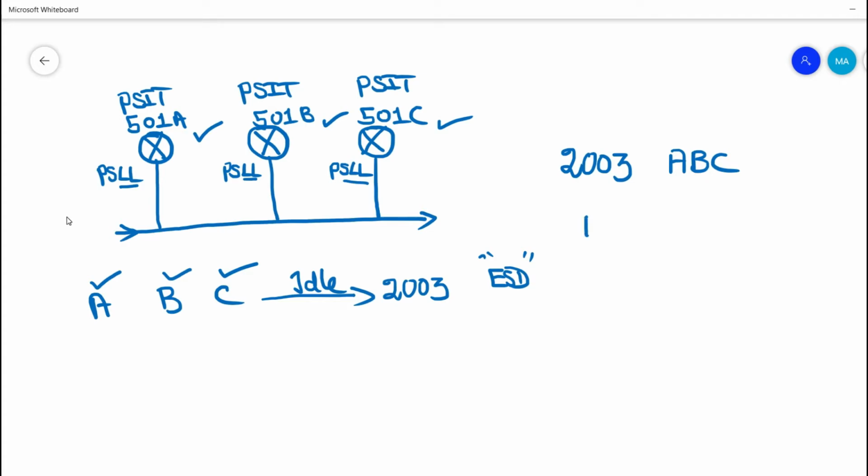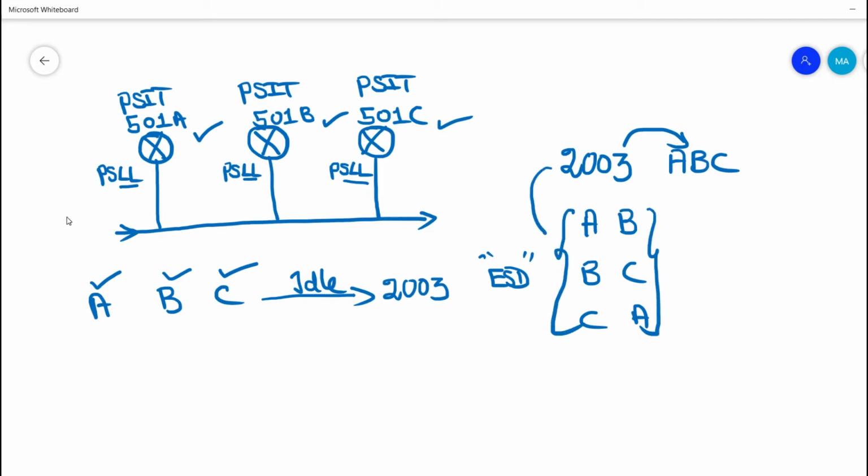We have 3 pressure transmitters. So these are the different permutations of combination: A, B, B, C, C, A. So we have 3 individual pressure transmitters, and we have 3 different combinations for 2 out of 3 voting: A, B, B, C, C, A. And if 2 out of 3 voting is successful, then trip action will be executed by the ESD control algorithm. Okay, so this is basically 2 out of 3 voting.